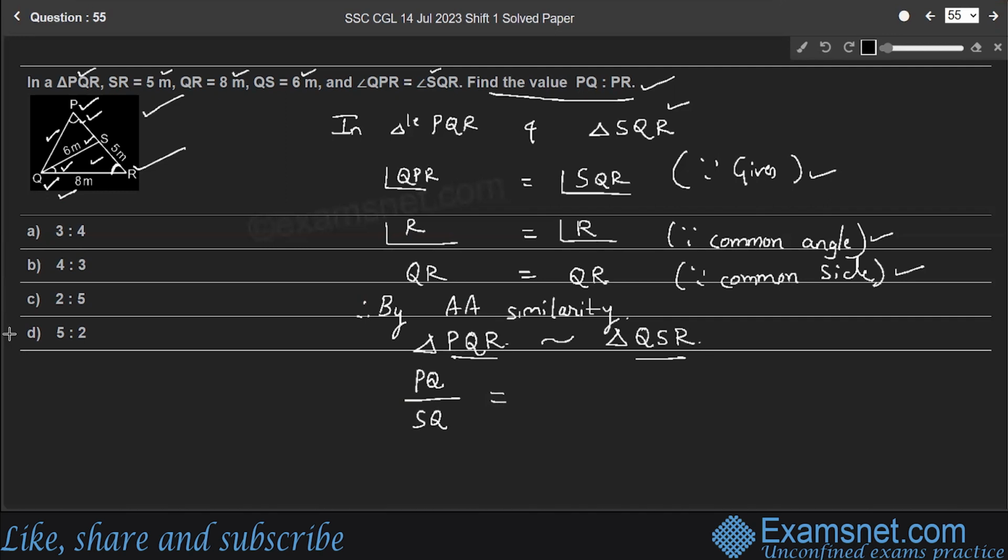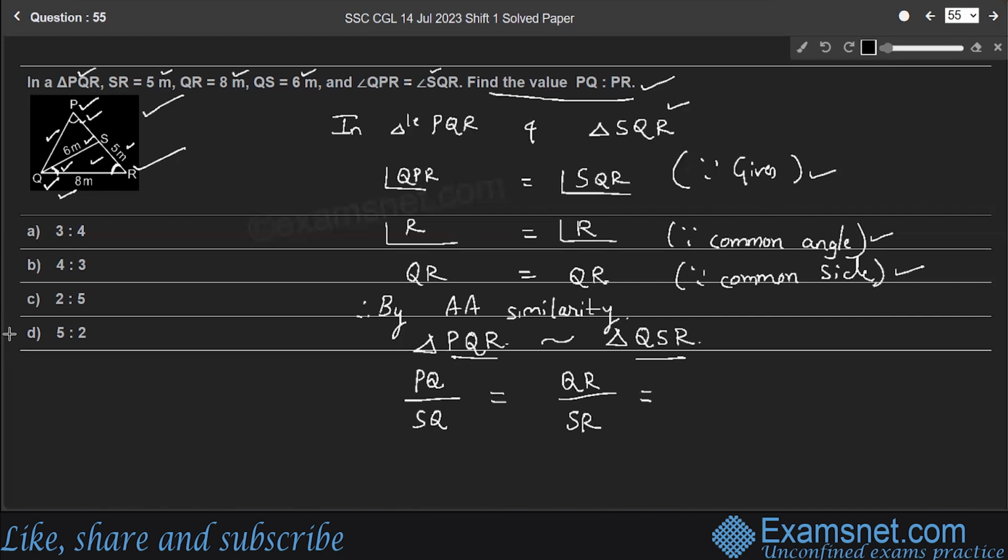Ratio of their corresponding sides are equal. Now consider angle P. Its opposite side is QR. Angle P is equal to SQR. So side opposite to SQR is SR. QR by SR is equal to